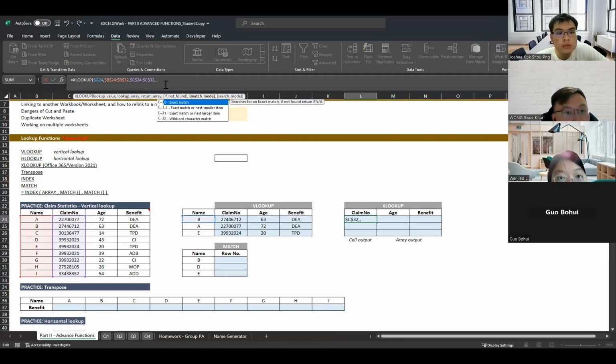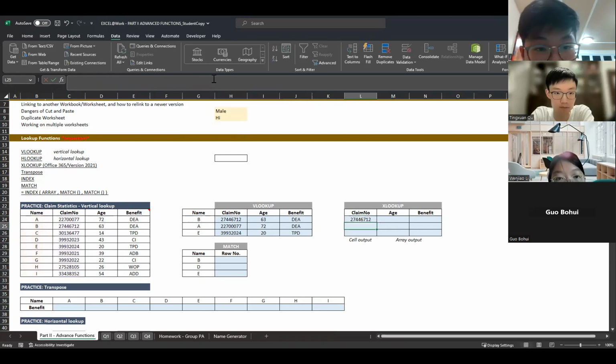If I press a comma again, I'll straight away jump to the next one already. Match mode, you can choose how you want to match it. So usually it's 0. And search mode will be either I want to search from top to bottom, or bottom to first, or do a binary search. All these are quite intense, but usually we will use first to last, quite simple.